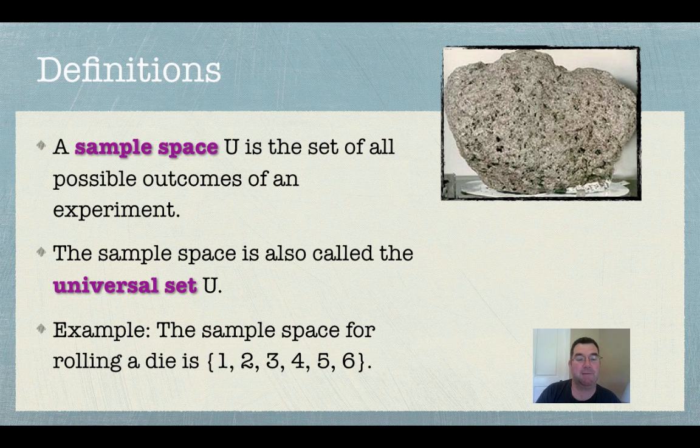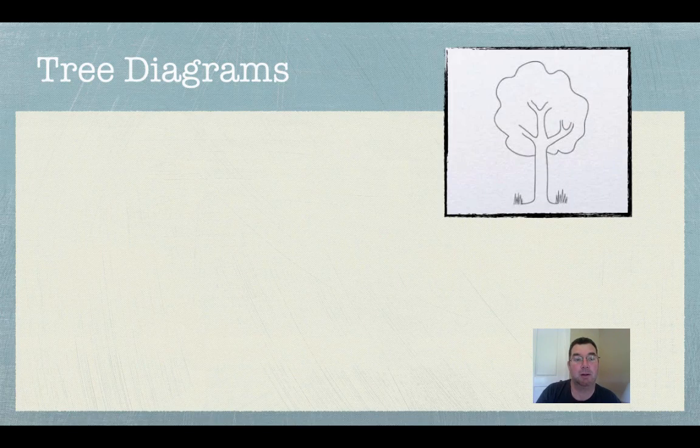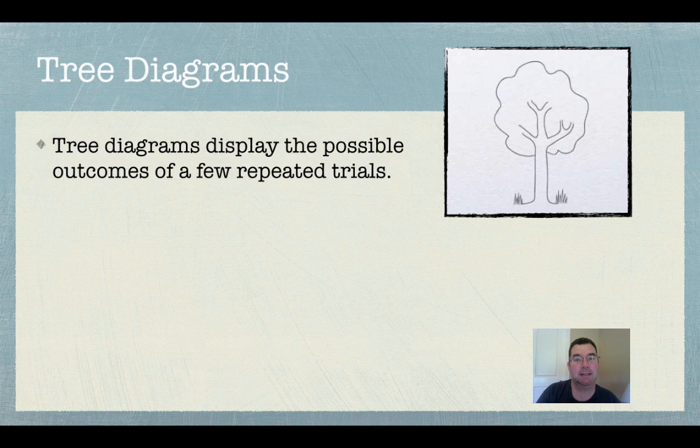So we can say, for example, that the sample space for rolling a die is 1, 2, 3, 4, 5, and 6. Those are the possible outcomes that can happen when you roll a die. Nothing else. All right. So tree diagrams are a way of representing more complicated sample spaces, especially if you have